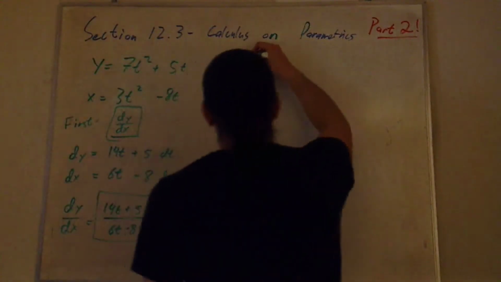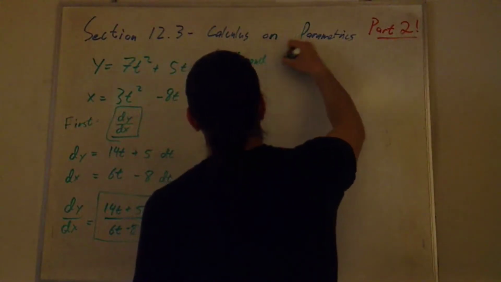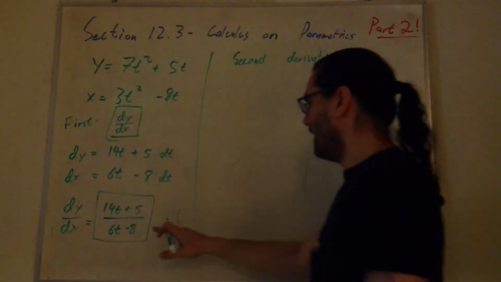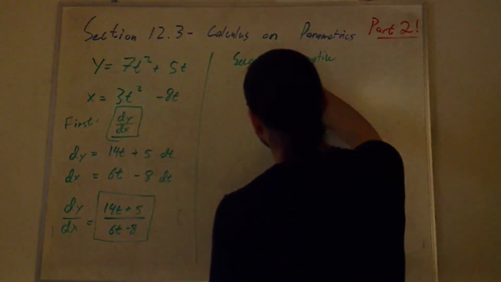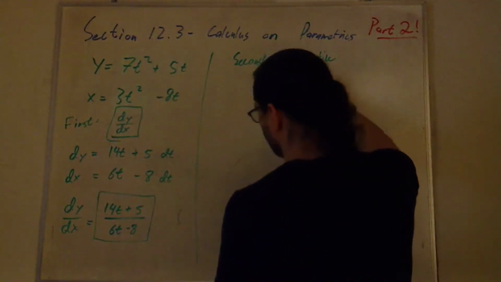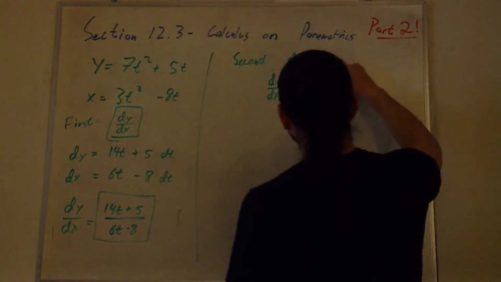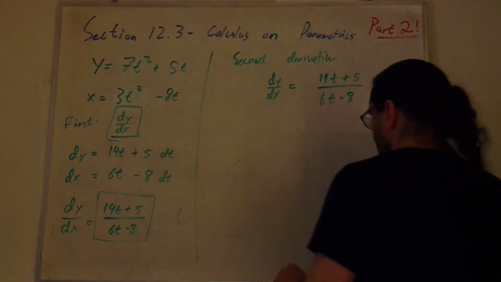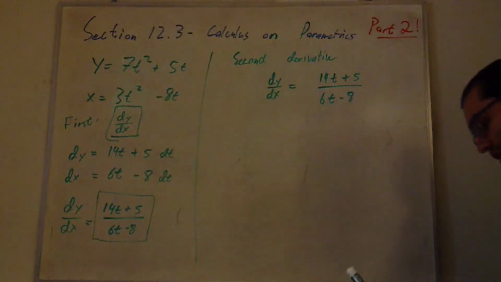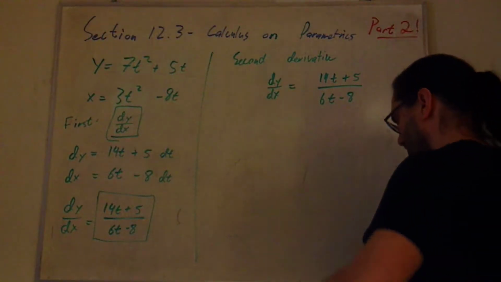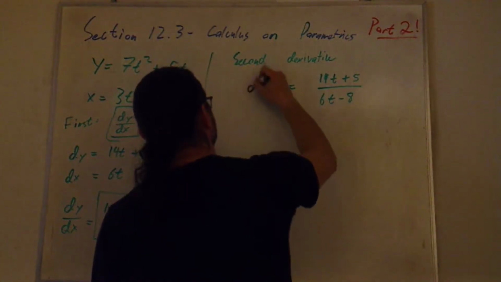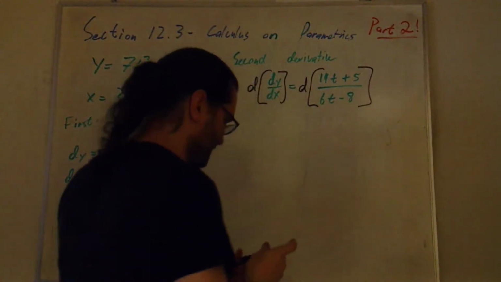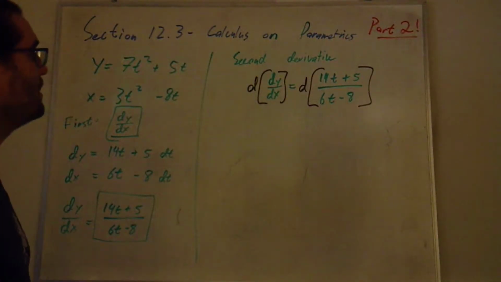For the second derivative, I want to start with the first derivative. dy dx equals 14t plus 5 over 6t minus 8. This is the first derivative. And to get a second derivative, I will take the derivative of both sides of this equation. So,